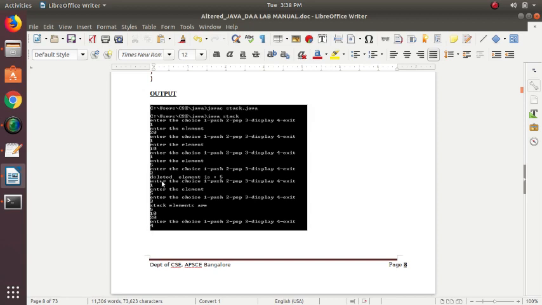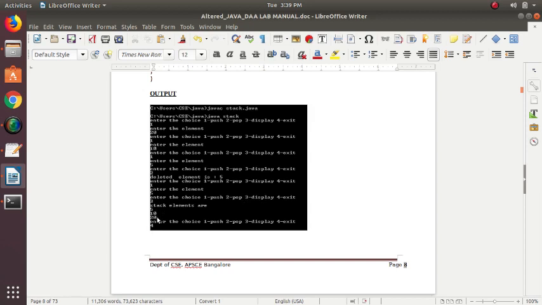That means the deleted element is 5. You can see here it again asks for a choice. If I use 1, I need to insert a value again, so I insert 5, and here if I use 3, it displays the elements in the stack. The topmost element currently is 5, then next is 10, and the last is 20.